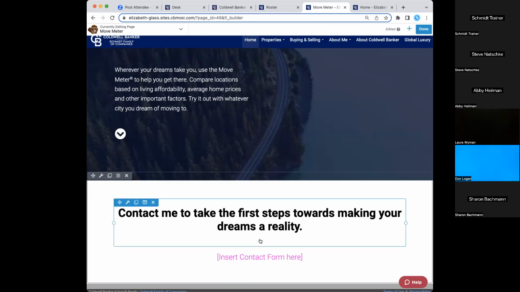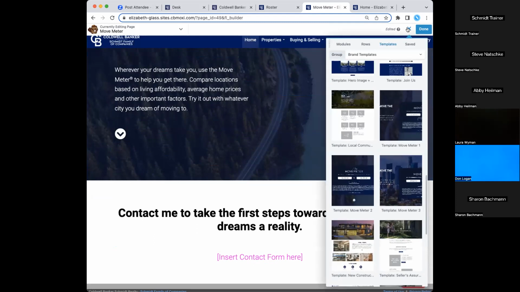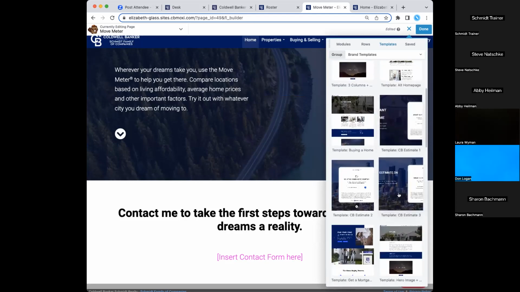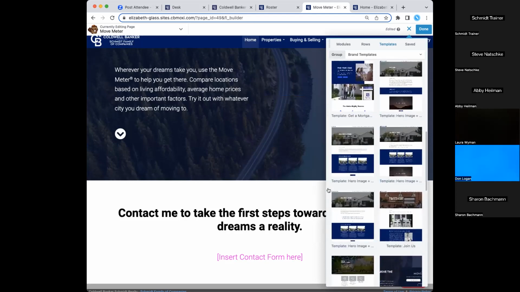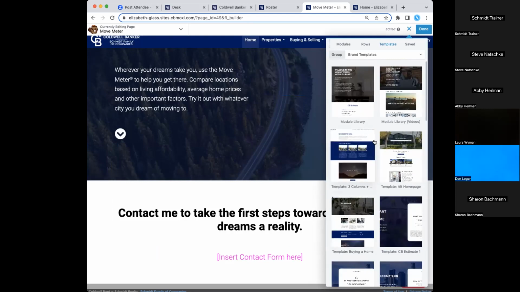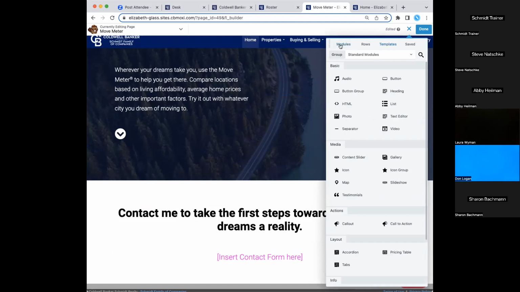Okay, so far all I've done is I've clicked on the plus sign, I clicked on templates, and then I chose the option under group, brand templates. Then I just chose the template that I wanted from the left-hand side. Now, the way that you actually get your contact form in here is going to be a module. So anything that's an add-on is going to be considered a module or a tool or a widget. Don't ask me why there are so many words for the same thing, but they're all the same thing. So I'm going to click on modules this time because I'm not pulling in the whole page. I'm just pulling in a piece